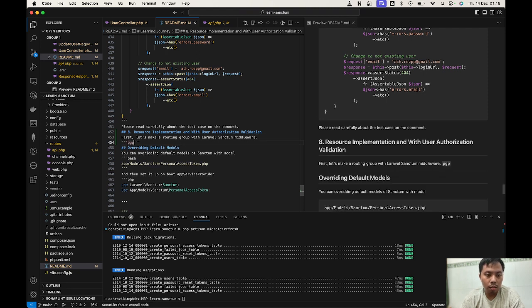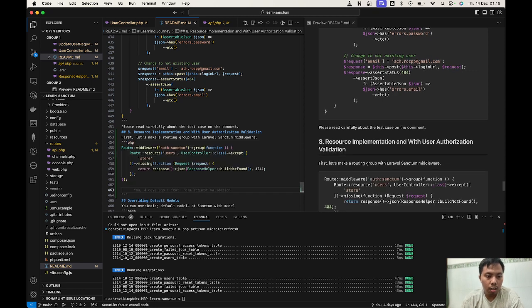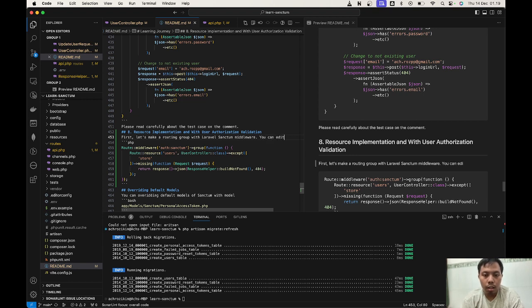Good. Let's paste the code in here. You can edit it.